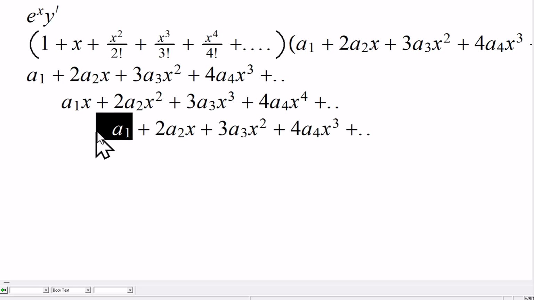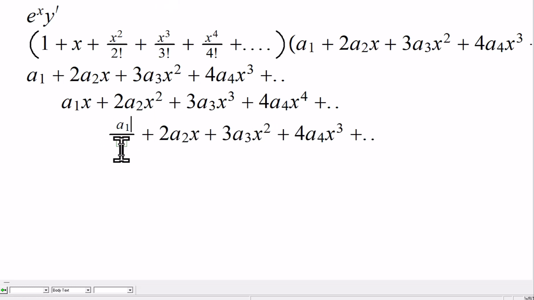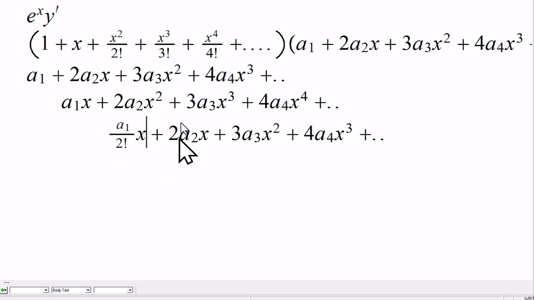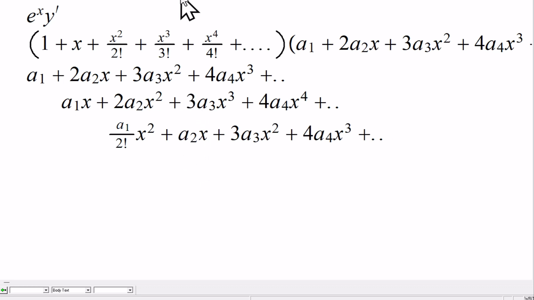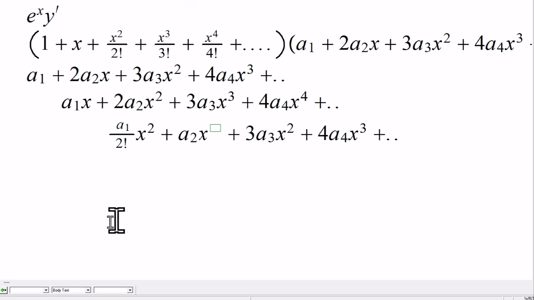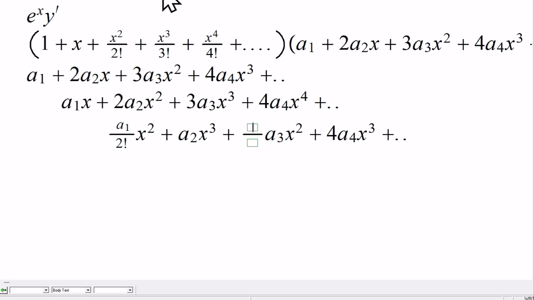So this part here would become a1 over factorial 2. Sorry about doing so much. So a1 x squared over factorial 2. Now 2 and factorial 2 on the bottom will cancel. So this will simply be how much? Excuse me, x cubed. All right, now we are multiplying this one by x squared over factorial 2. So this will simply become 3 over 2, factorial 2 being just 2. So 3 over 2, and then here we'll get x to the